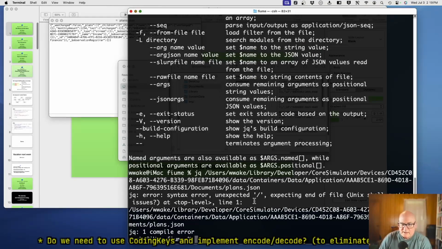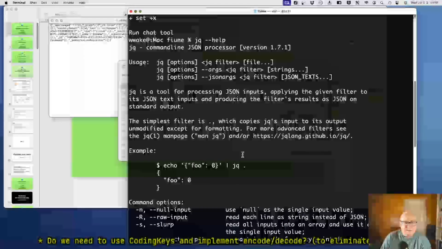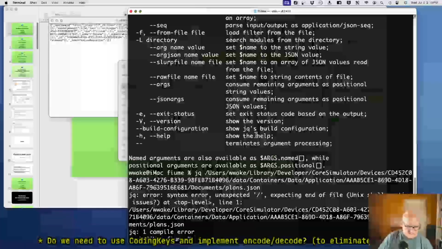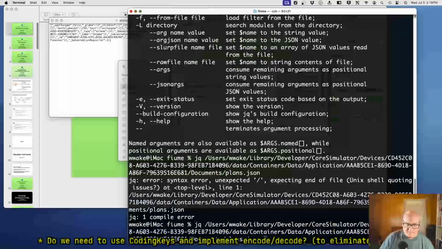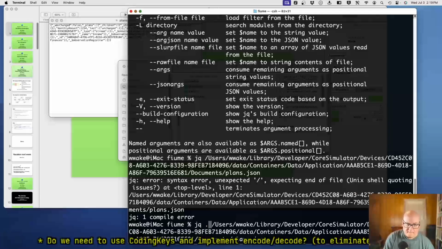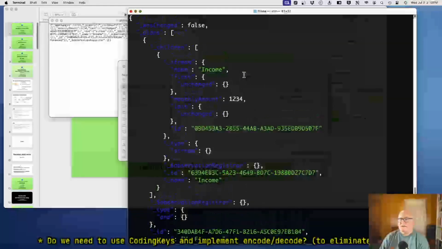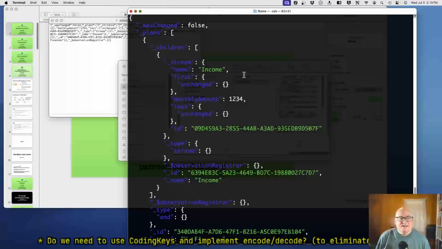Unexpected slash. I must not be doing that right. JQ filter. Oh, dot. Okay. There we go. The colors are a little undesirable, but okay.